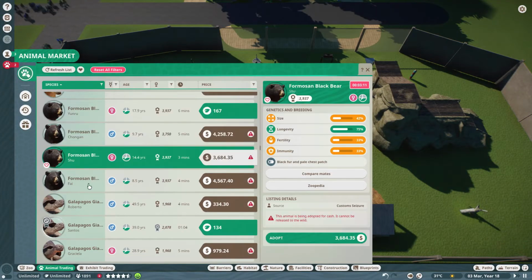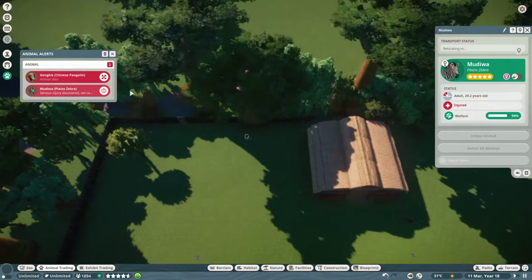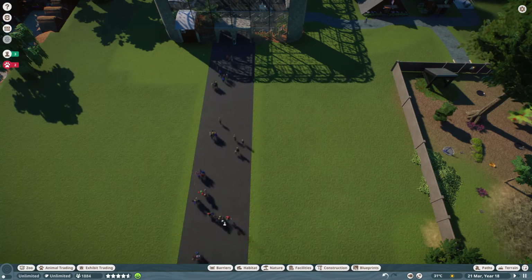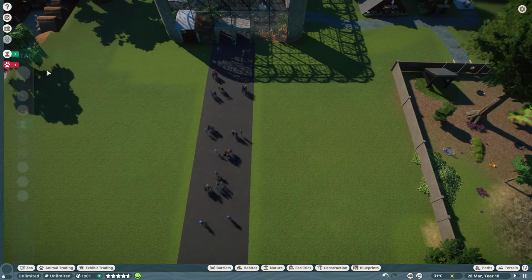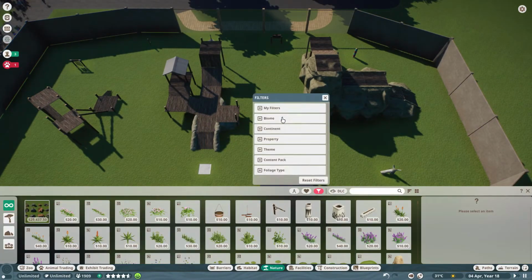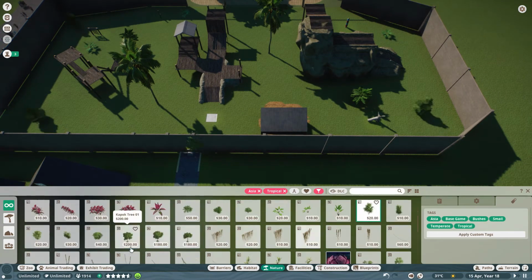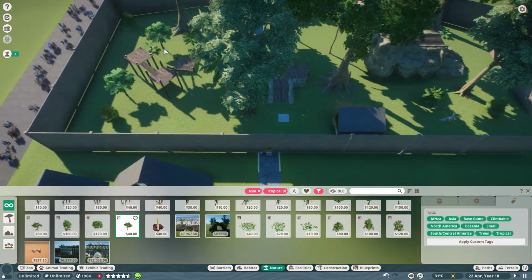This is just getting it ready for them, and I really had no idea when I first got them how much foliage they would need or what type of terrain they would need. So I ended up putting them in the exhibit first, and then once they were there I could go through and add what they needed to have, which isn't necessarily a bad way to do it, as long as they're not grumpy for too long. And I do have to watch which trees are climbable